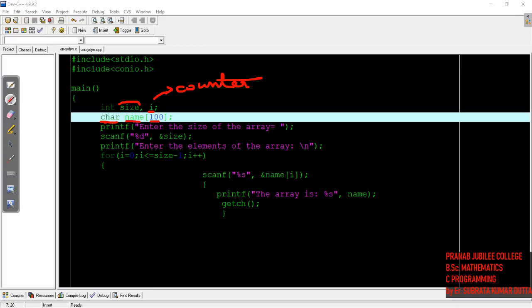If the maximum size is 100, it doesn't mean that you have to enter 100 elements. You can enter one element, two elements, three elements, but the condition is it should not exceed the maximum. So how many elements we need, I will allow the user to decide.